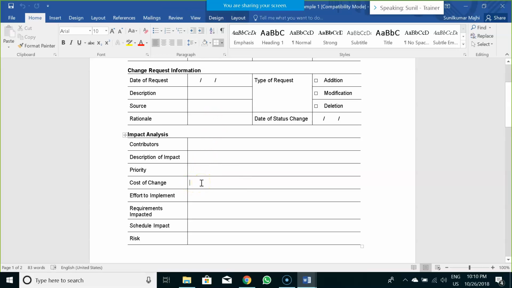Every change would have a different cost associated with it. Once that change is delivered to the customer, you would be paid. It's not a fixed bid contract. It is billed based on the change that you deliver, and every change request has a different cost associated to it.